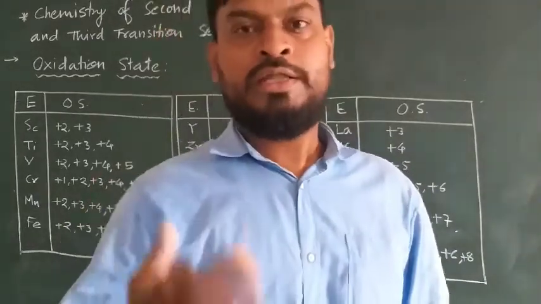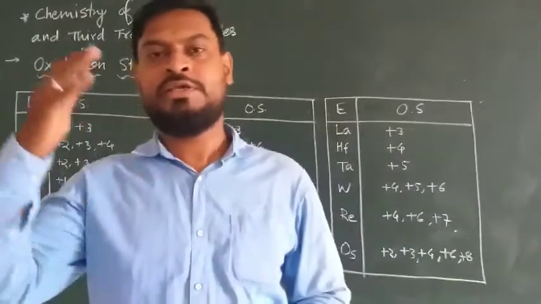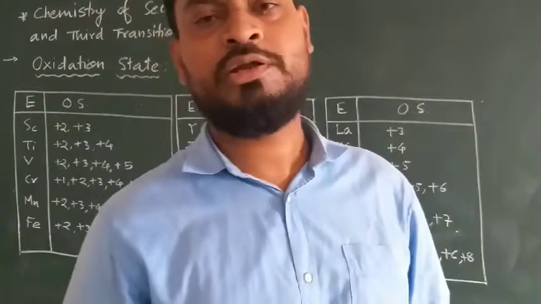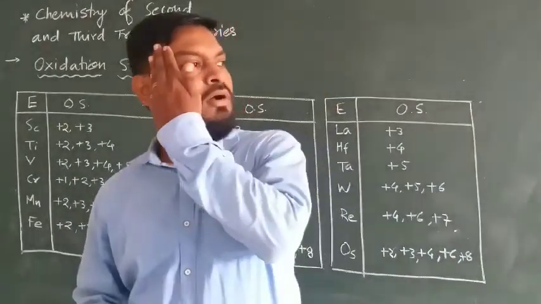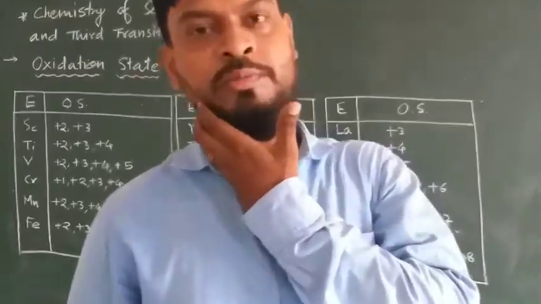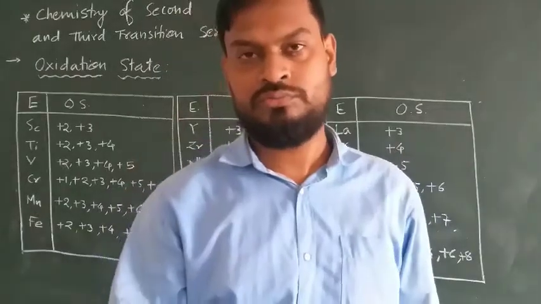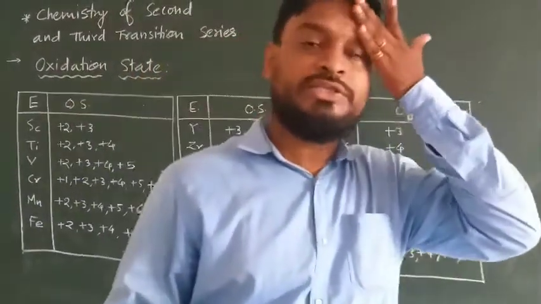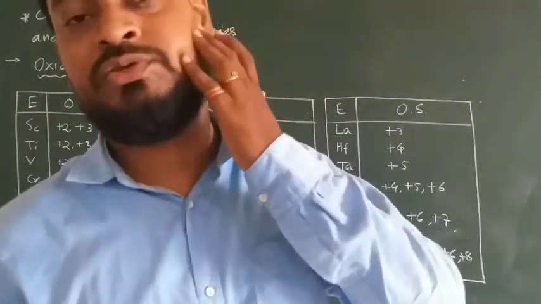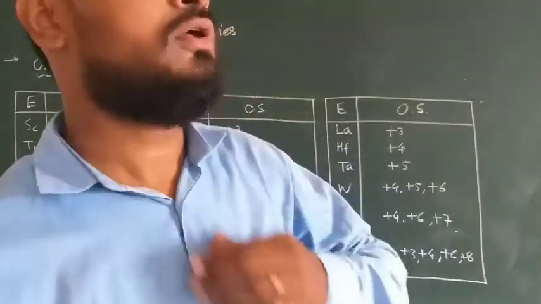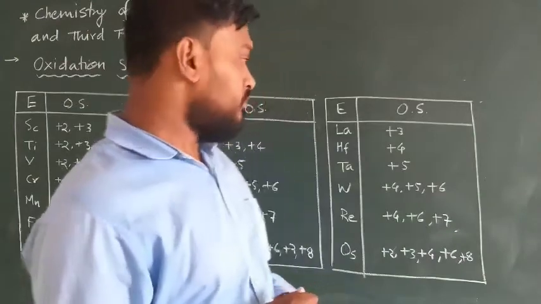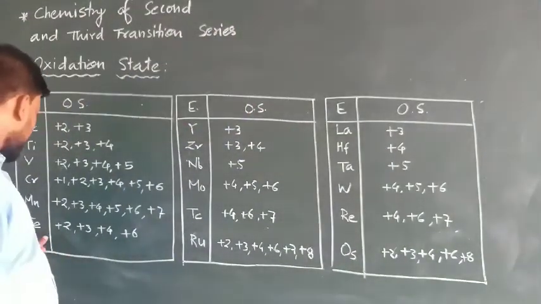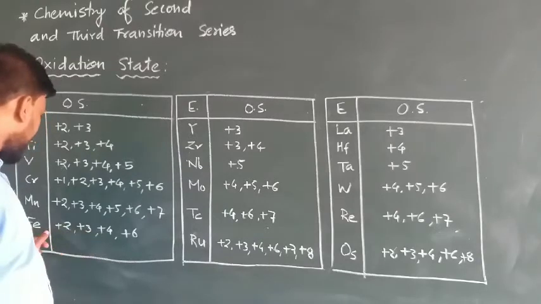It decreases, because size increases, so less energy is required for removal of that last electron. The oxidation states of these elements in the second and third transition series also increase. For example, if you look at these elements like iron,